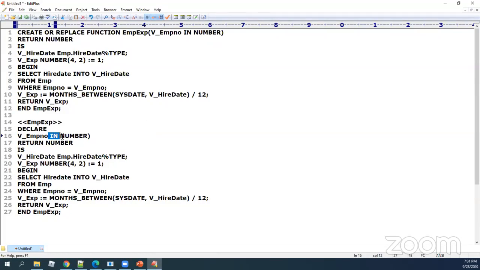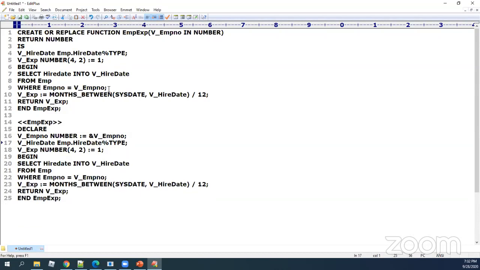Now your variables do not have any kind of modes. For the number data type, generally we don't need to declare the size. This is my in mode, so I'm converting this into a substitution variable. This part of my declaration is not essential for me.